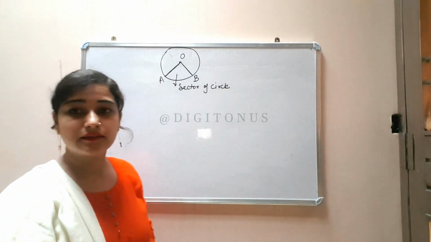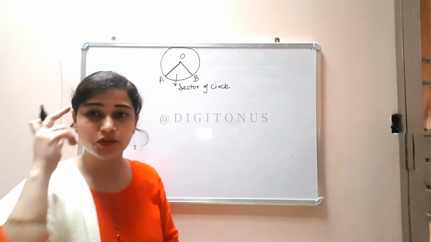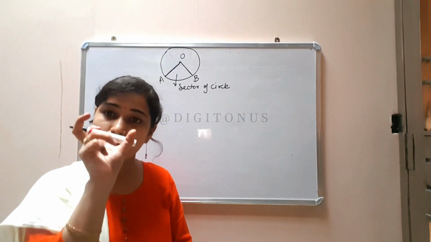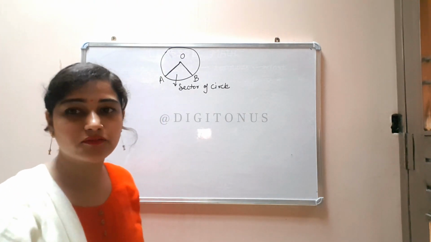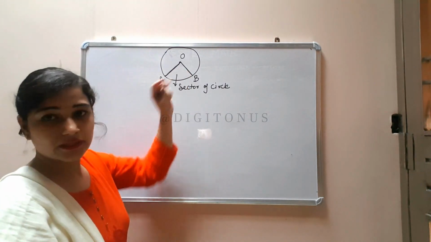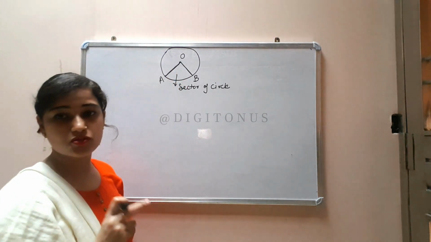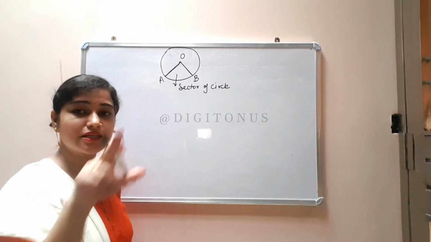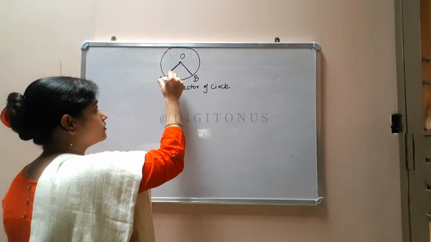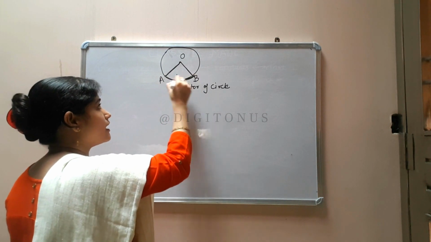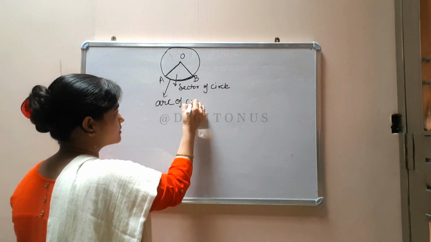Okay, and अगर आपको लगता है कि आप भूल जाएंगे that what is the sector of the circle, so you can remember it by the part of pizza. जो पिज्जा का हम एक पार्ट निकाल के खाते हैं, that is called the sector of the circle. फाइन, ऐसा ही होता है ना, वो इस शेप का जो हम निकालते हैं और खा लेते हैं, उसको बोलते हैं सेक्टर ऑफ सर्कल, because pizza shape is also of circle. So this is called the sector of the circle. And you know that this AB is the arc of the circle.